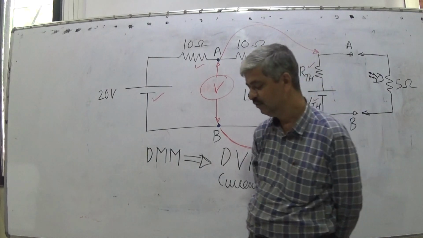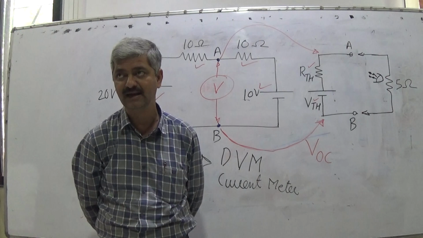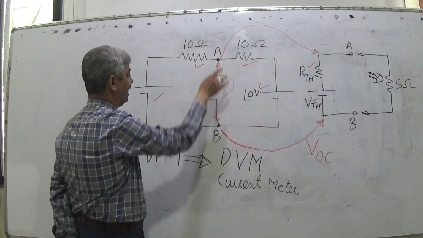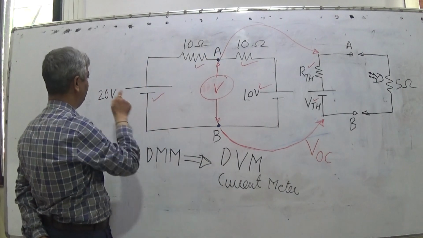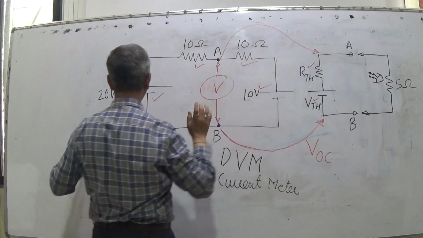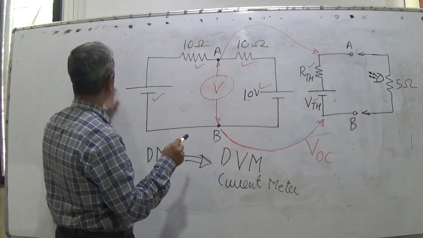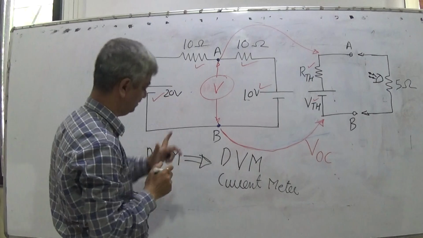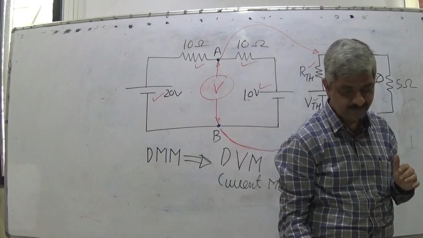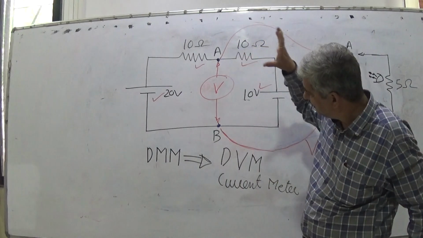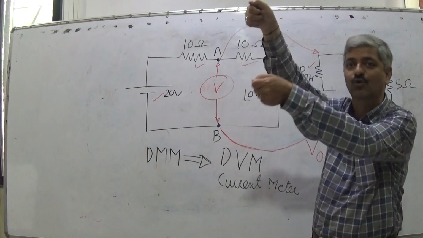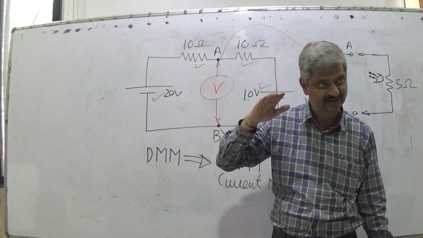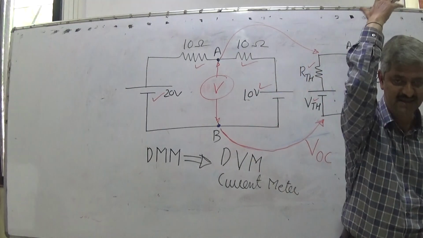So what are we discussing? We are finding out the Thevenin's equivalent circuit between A and B. The circuit comprises two voltage sources and two resistances. Just to create some space, I have taken it on this side. You connect a voltmeter there. The voltmeter is supposed to be ideal. It may not be, but its deviation from idealness is highly negligible in the current case.